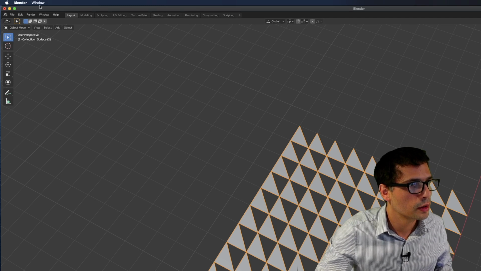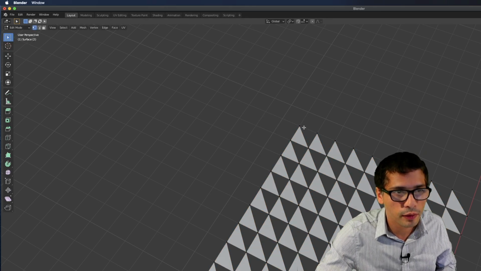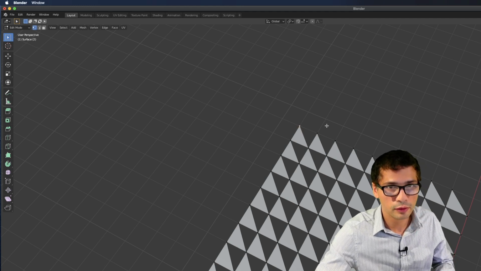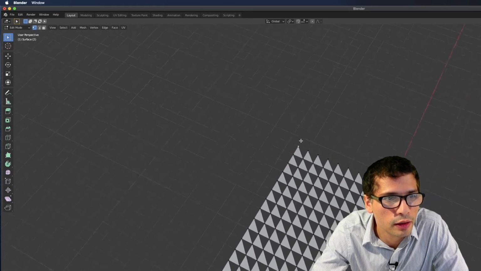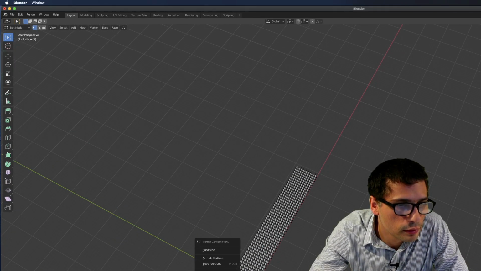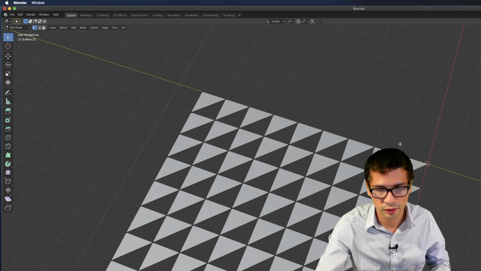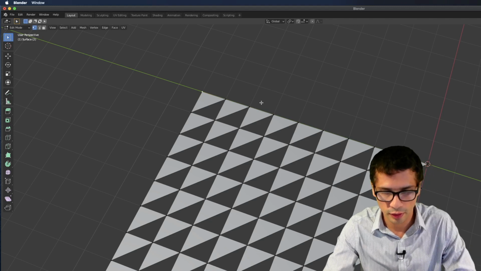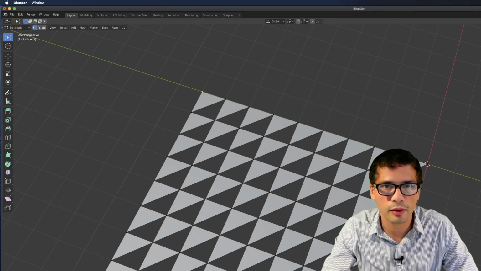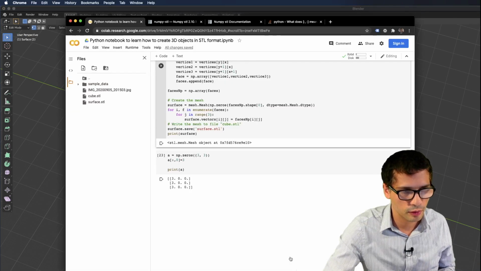Let's go into edit mode and have a look at some of the vertices here. So x equal to 49. X equal to 0 here, and y equal to 0. So this is our origin. Let me just move away. And now you have here x equal to 0, y equal to 9. So 49. So let me just go back to our...